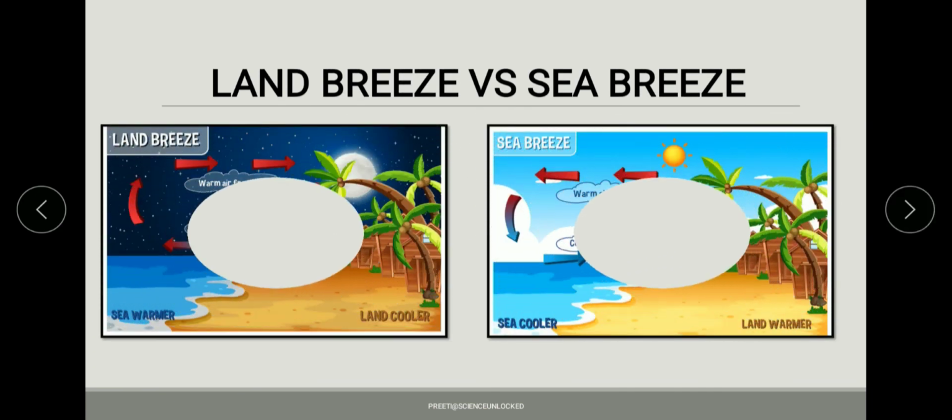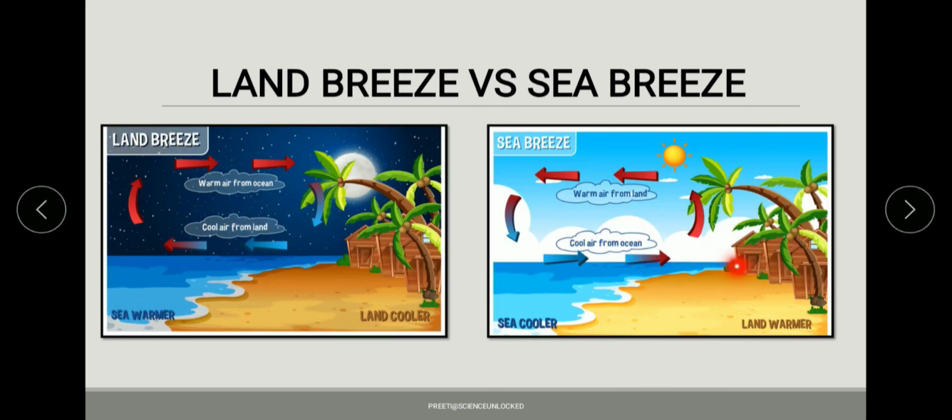So let's have a comparative analysis of both the things. During the daytime, the land will get heated up, air will rise high over here, and the air from the sea will come towards the land. On the other hand, if we talk about the land breeze, it will be opposite. Over here the sea will remain heated up and the land will become cooled down. So automatically the air from the sea will rise high and move, and the overall circulation of air will take place, leading to formation of land breeze and sea breeze.